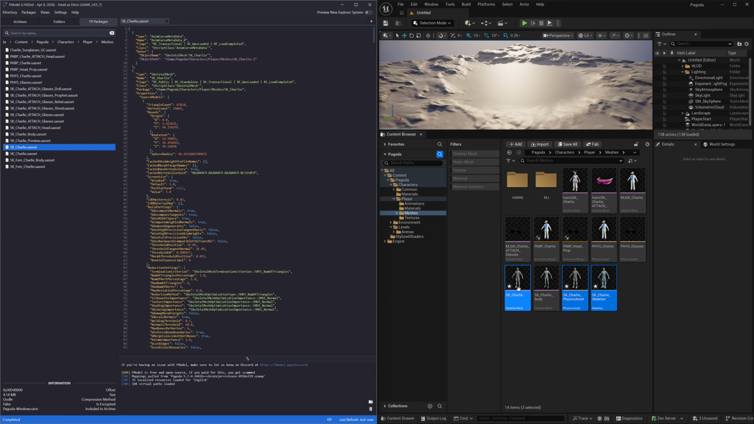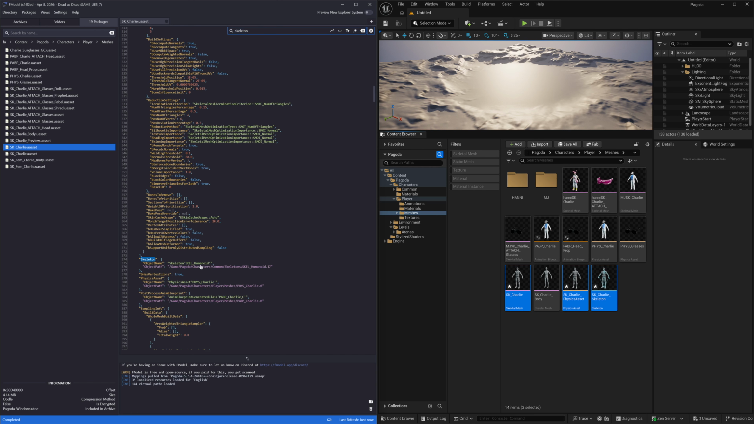Alright, first thing you want to do is with this SK Charlie selected in FModel, hit Control F so you can search within the JSON, which is all of this information here. And you're going to type in skeleton. This will show you the skeleton and the name and the location where the skeleton is located in, which is characters, common, skeletons, and it's named Scale Humanoid. It's not named SK Charlie Skeleton. So you would change the name of that by just hitting it, changing the name to SK Charlie Skeleton, and